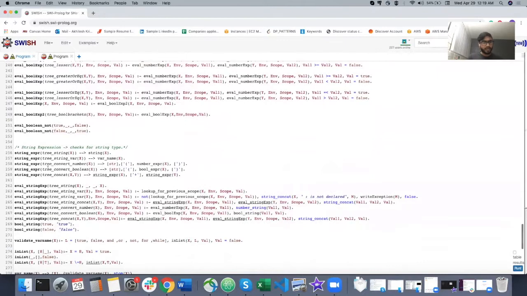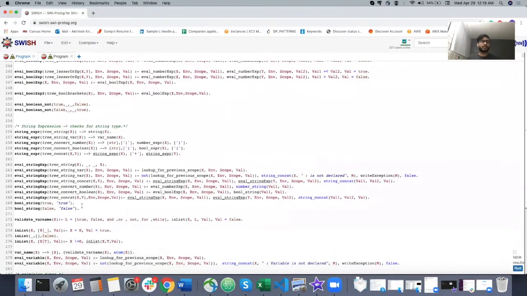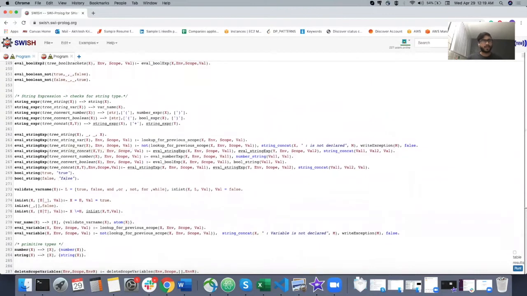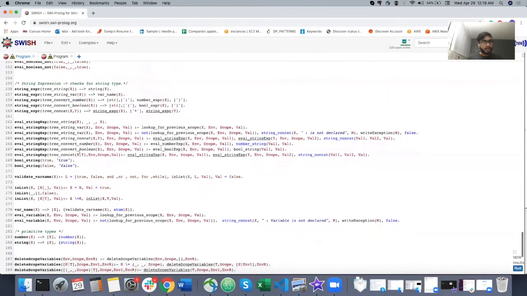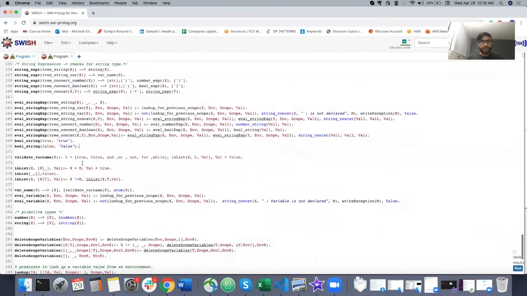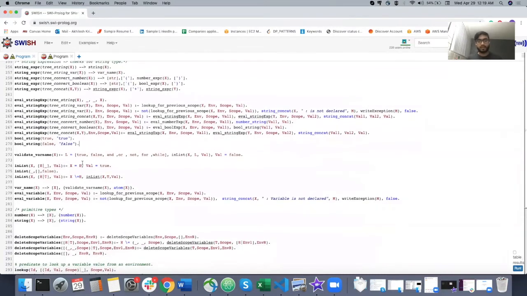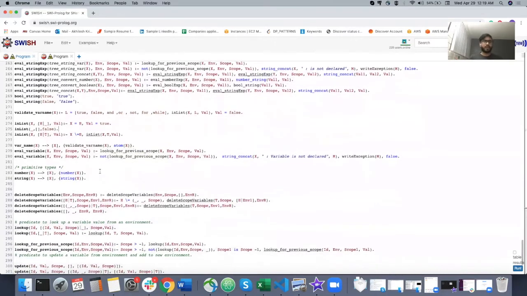And now we come to the string expressions. String expressions are mainly used to handle the print statements. Here we have different types of print statements, and converting numbers and Booleans into strings is one of the main operations handled in the string. Through these operations, we can convert any type of value, that is number or Boolean, into string, which can be very useful while printing the results after an evaluation.